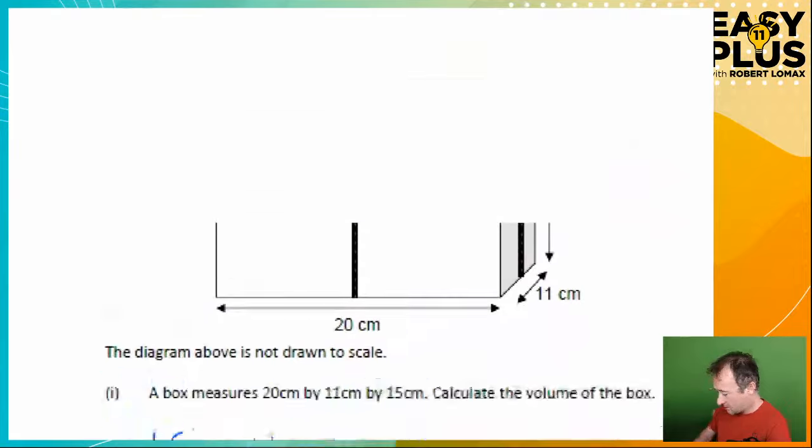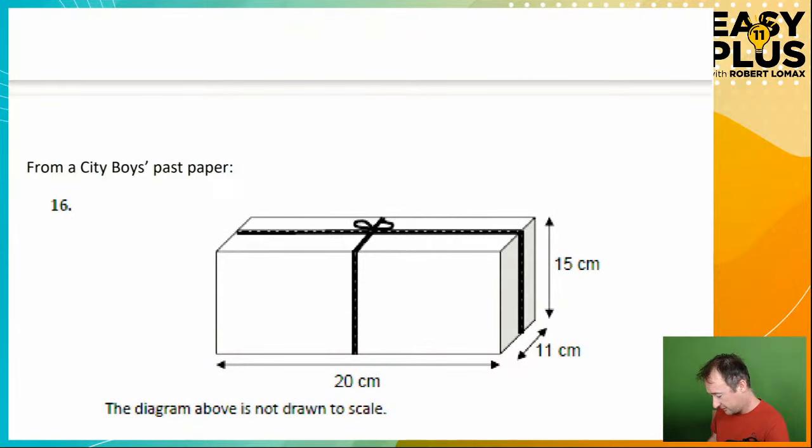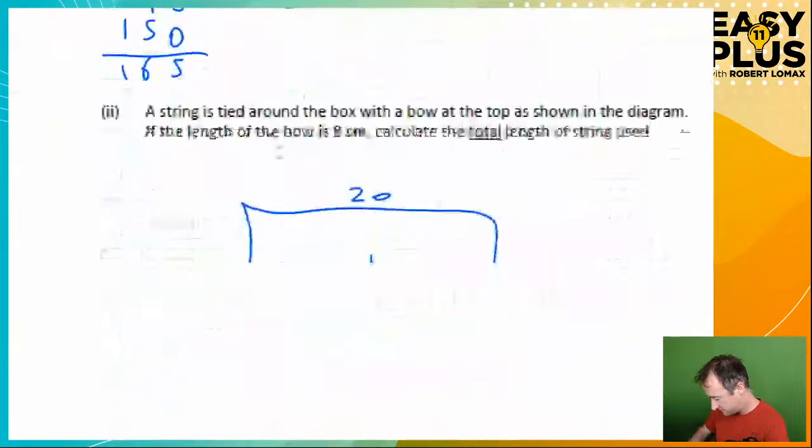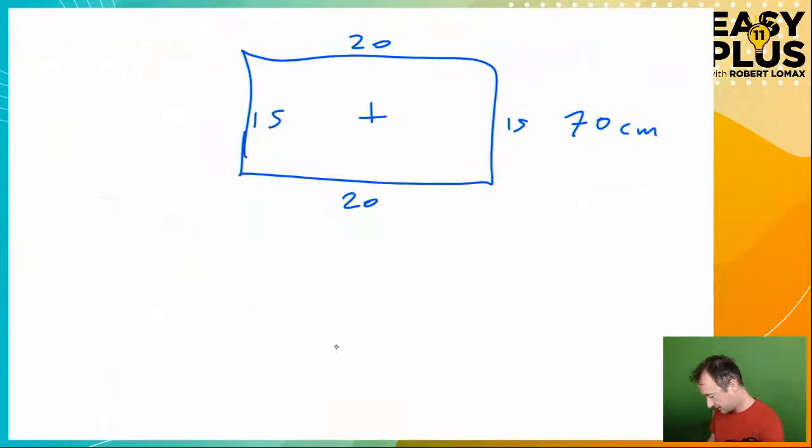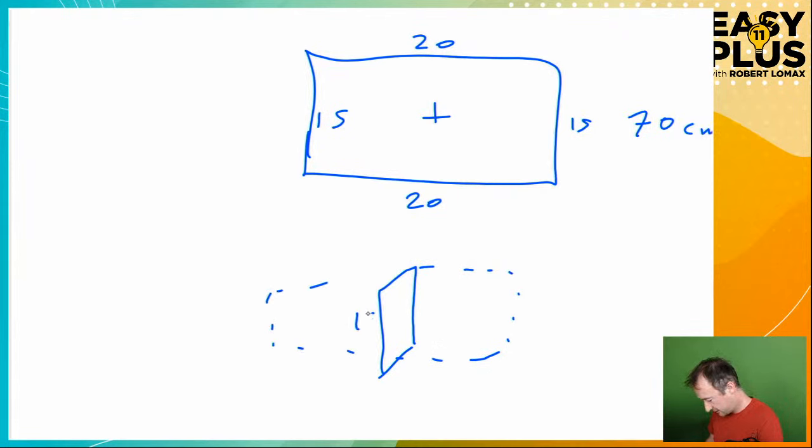We've got another bit of string here, which is 15 up and 11 in depth. So we'll do a sketch of that. It's kind of like this, and that's got the box running through it like this. So it's 15 up and 11 in depth. Again, we're adding those things together. 15 plus 15 is 30, 11 plus 11 is 22. 30 plus 22 is going to give us 52